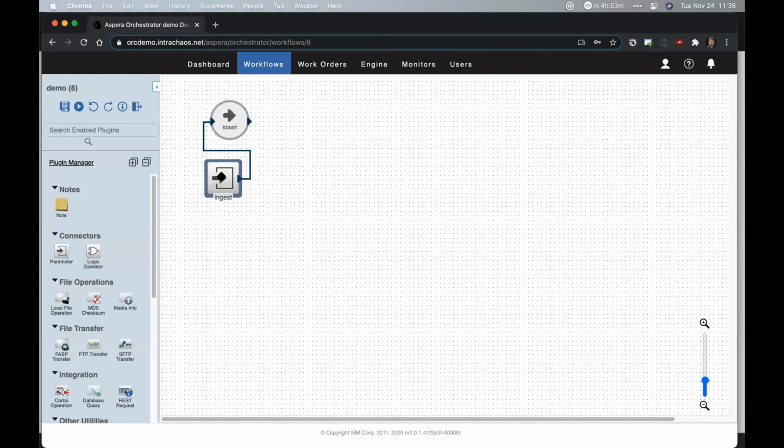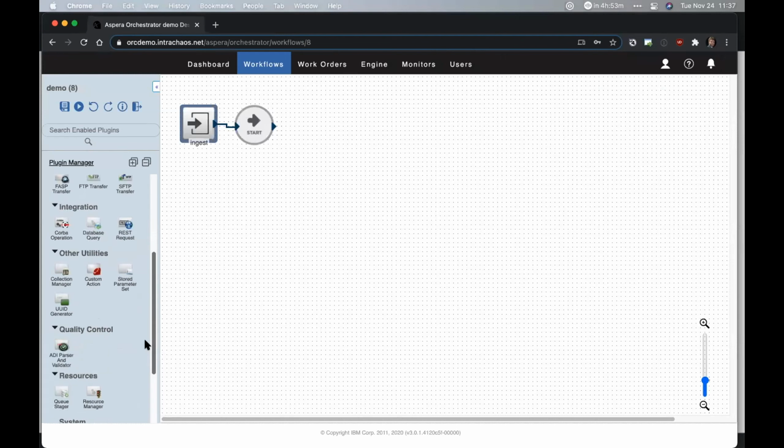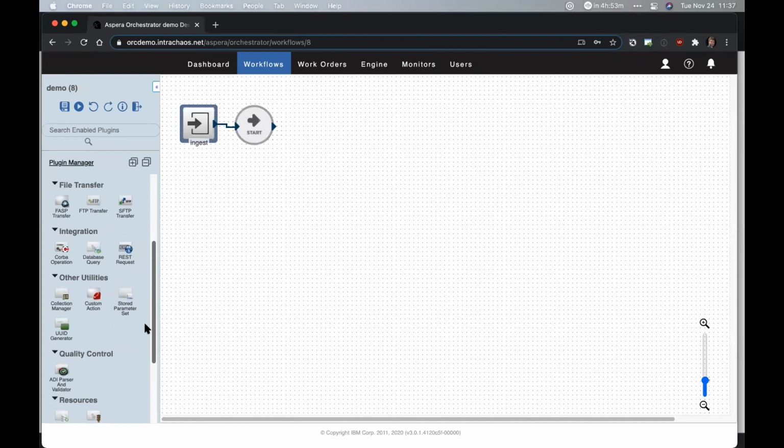I'm going to connect it to the beginning, which means this is a global variable that is accessible from any step along the way. Now, I don't want to have to specify the files that I'm going to be scanning. The Orchestrator is all about automation. I want Orchestrator to do something when it sees a file. So let's take the